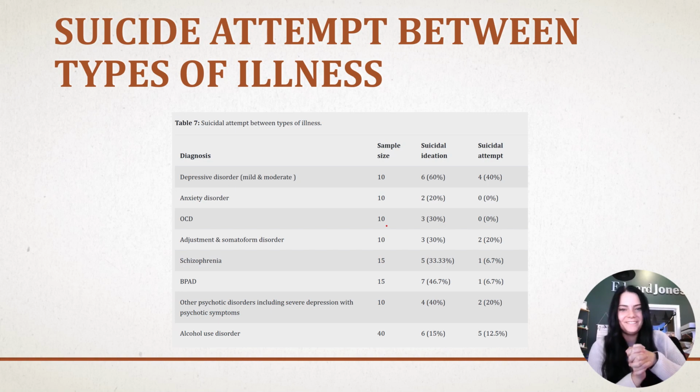Here's another lovely graph. This shows the breakdown of the suicide attempts between the different types of disorders that they were studying. Out of 120 patients, this is the graph that they put together. And so I really liked how they used some charts like this just because it was really simple just to glance. Instead of having to read down the entire thing, it was really nice just to have one little table with all of the information in there.